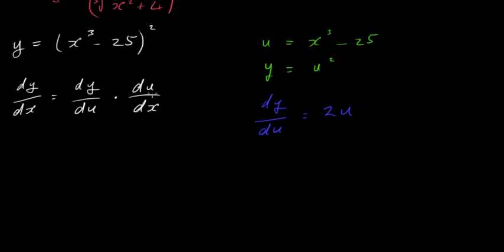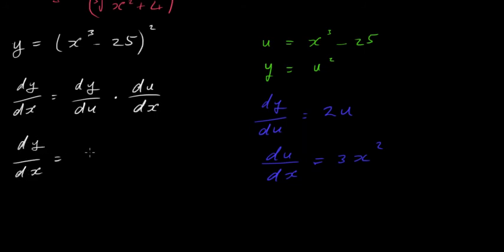Now we're going to differentiate u with respect to x, so that's du/dx, this part here. That's going to be 3x squared. Bring the 3 down, you have your x, subtract 1 from 3 and you get 2. So now we have dy/du and du/dx. So let's just do this here then. We want dy/dx,